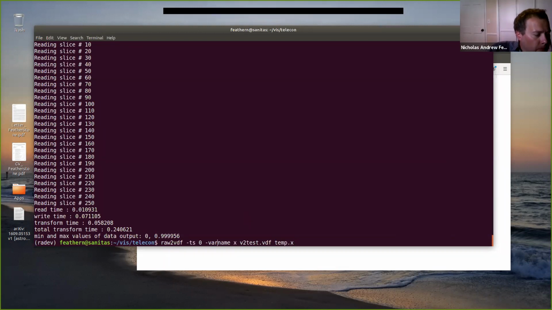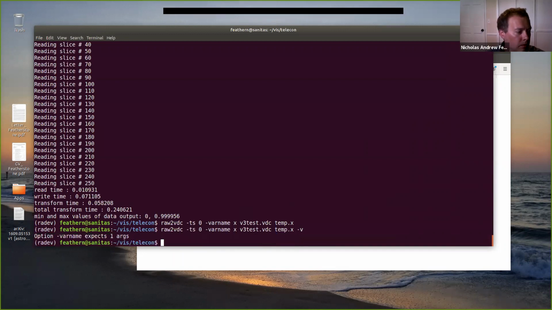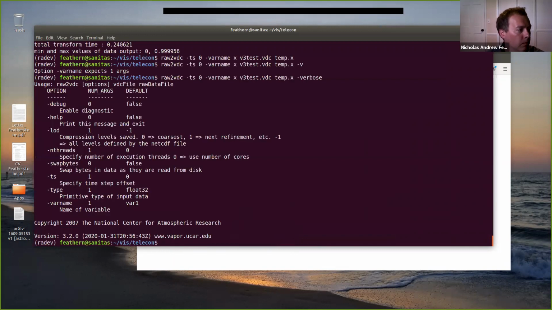All right. So the next thing we're gonna do is the Vapor 3. So we'll just change this VDF to VDC, and we'll run through all this again. So that was called v3test.vdc. Okay, and so I'll do the X component of the vector field. This one, by the way, doesn't output. I think you can give it a -v. There's a dash verbose. There. Well, I don't know. I thought it would tell you what it was doing. In any event,